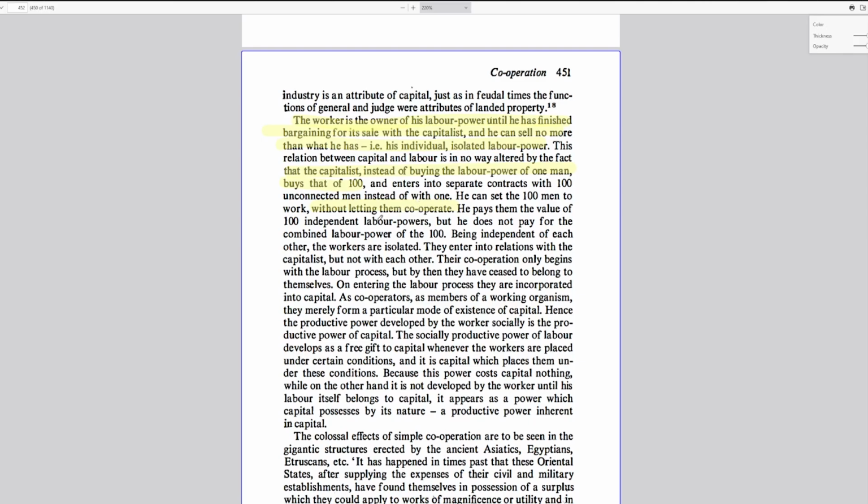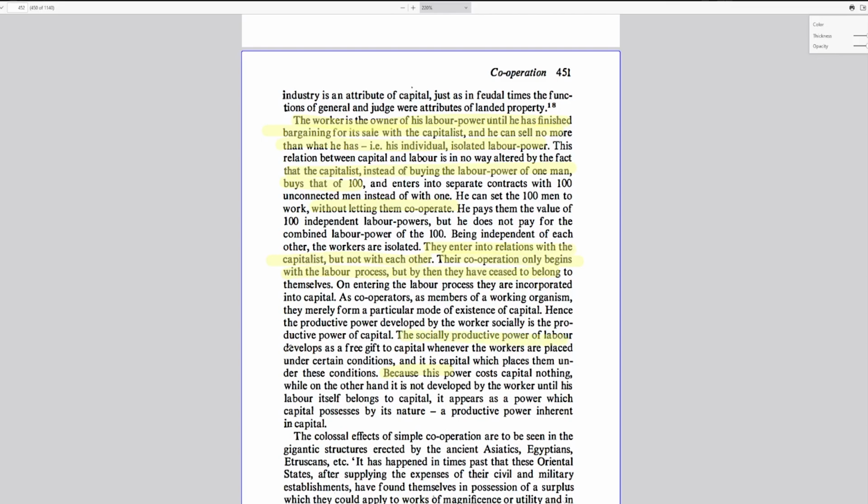In which case you're just paying 100 people basically to work in isolated workbenches or something. And eventually they'll cooperate with one another in the labor process and all that. But basically what he ends up saying is the